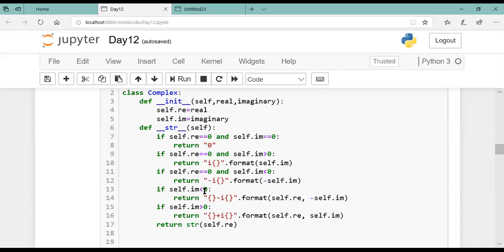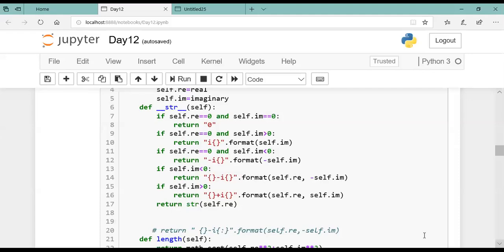Similarly, for the next case, if only the imaginary part is negative, this is the way. So here 0, negative, positive, 3 cases, and the 2 items. So 3C2 ways, that means 6 different ways there will be to write the if. So simple combinations you will apply, and you will write all the if else statements. I'm not going to explain because this is very simple and basic. You have done already how to write if statements. Okay.